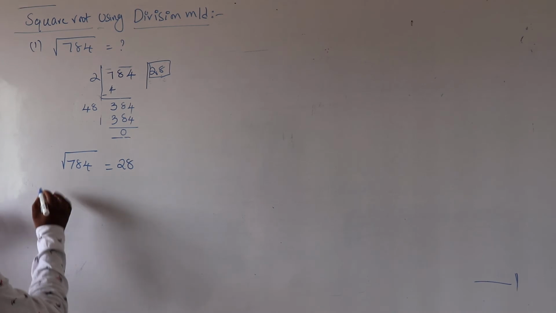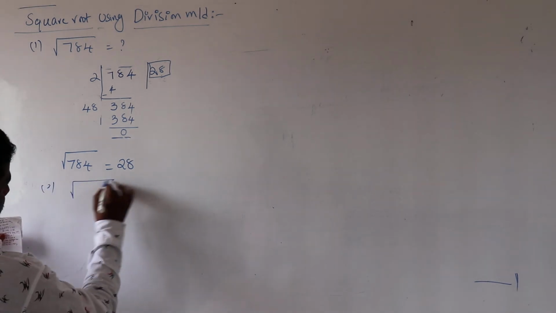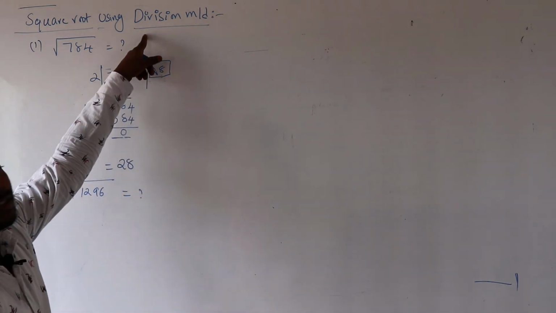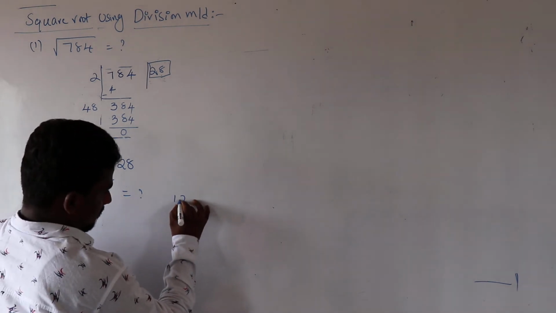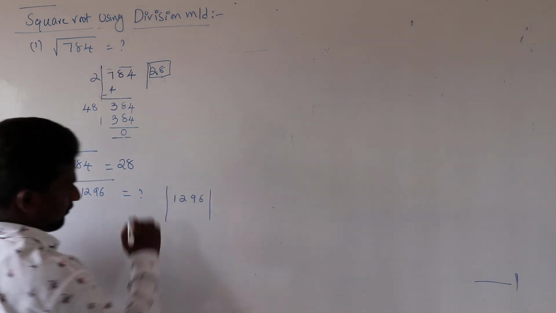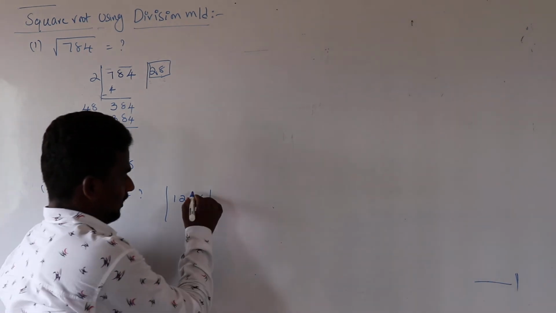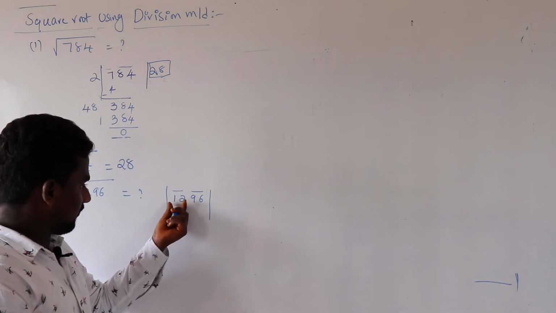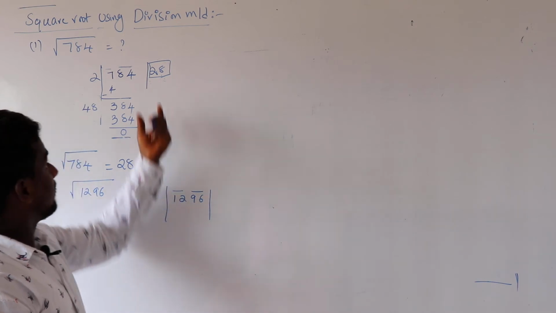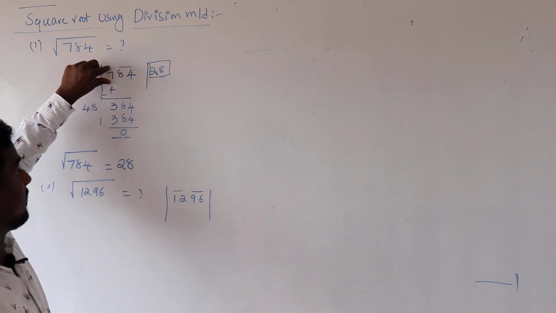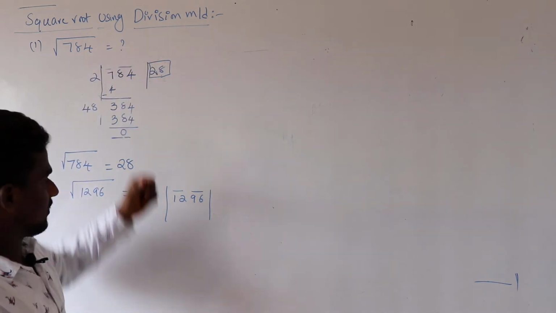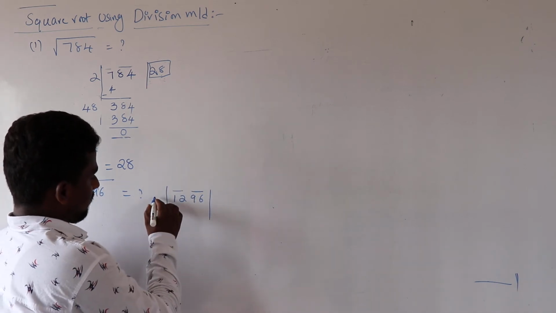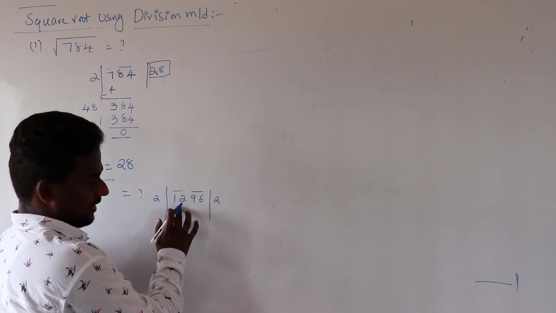With the same method we can calculate the square root of 1296. How much is it by using the division method? What is our first step? We have to divide the given number into pairs. So 12 and 96, like this. Here we have to take the first pair, 12, as a whole part. In the first step, 7 was a single number, so 2 2s are 4 we could take it. But here 12 is a whole number, so you have to divide with the same idea. If it is 2 2s, 2 2s are 4, it will become very less.